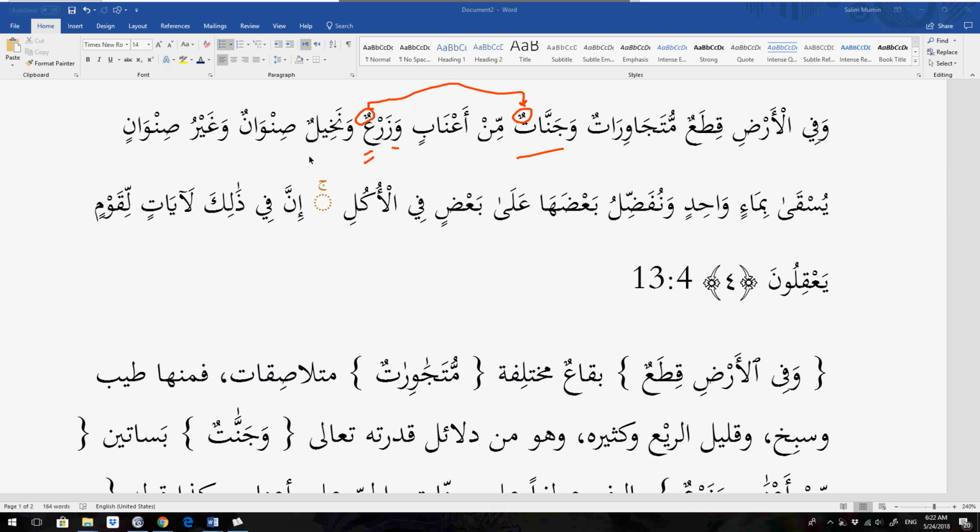Wa nakhilin, and you can go on putting it in Tanween Kesra, in terms of it being the various gardens. These would all be various gardens. But the way the Qur'an has it, you have gardens, you have crops, you have the trees, the date palm. They are in conjunction with each other, more so than the vines. That's just what I want to show you.